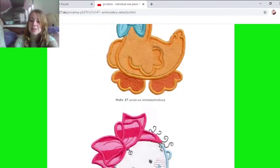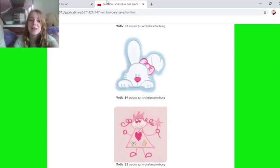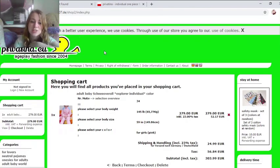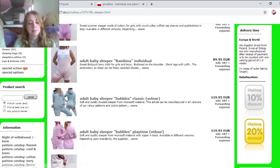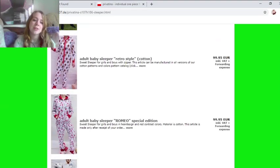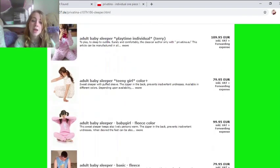I always go for the bunny personally, so if I went for 34 and then we add to cart. Very much a typical shopping experience so far. Things like onesies and a snowsuit are more just based on your height and stuff, they're not so fitted. However, if we scroll through the sleeper options, you can see more of